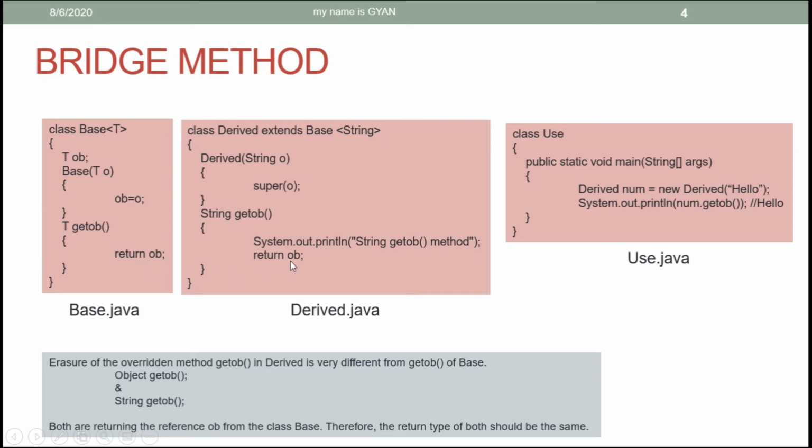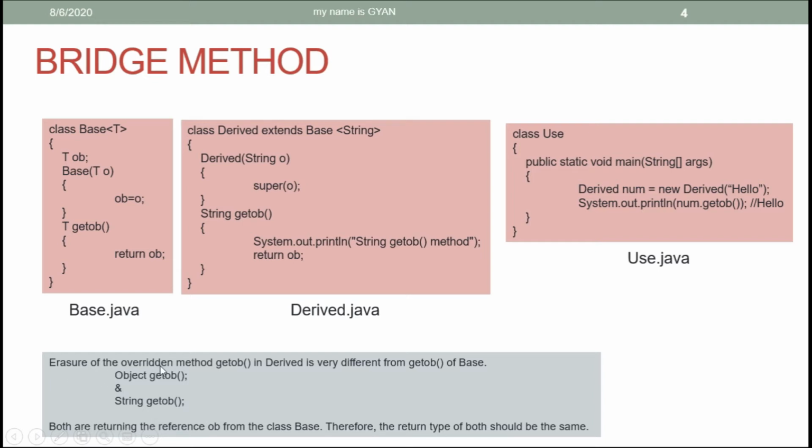And since here in this case, the reference variable ob in the class Derived was inherited from the class Base, and the reference variable ob in the class Base is of type java.lang.Object. So the return type of the method getOb is String, and it is returning a reference of type java.lang.Object, which is not allowed normally. And of course, this will not be allowed. Yes, the getOb method of the class Base can easily return a reference variable of type ob because its type depends on the type of T. But here in this case, for the JVM, ob is of type java.lang.Object, but the return type of getOb is of type String. Therefore, the JVM will not allow this.